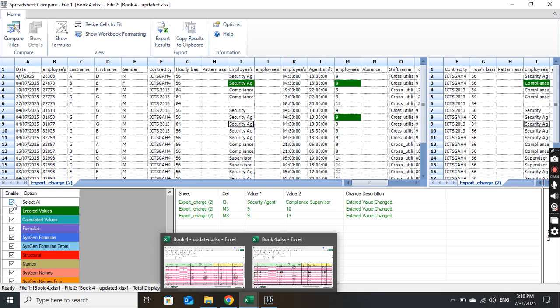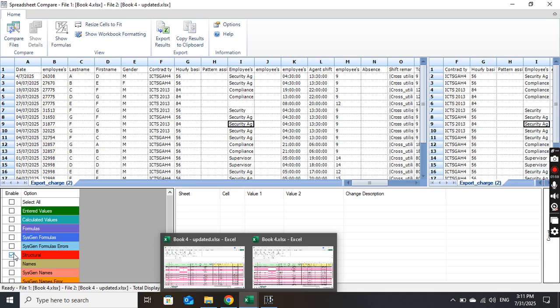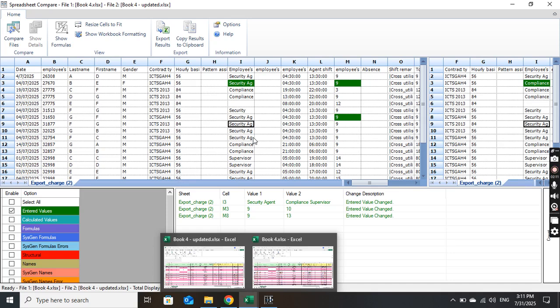For example, let me uncheck. I want to see if the structure has been changed. No change in structure. Is there any change in formulas? No change. Calculated values? No change. Entered values? Yes, for this there is a change. Okay, now it is showing the change here, that this file is the source export change, and it is showing I3,